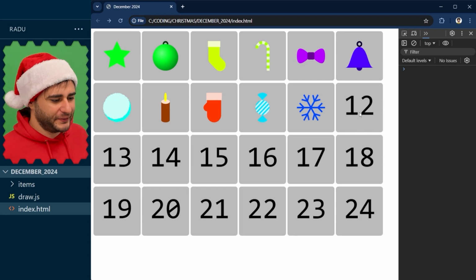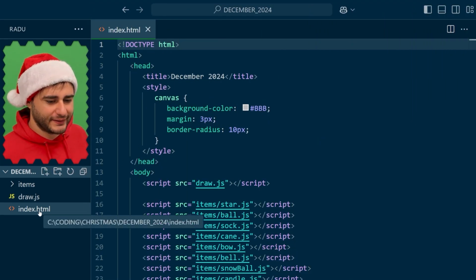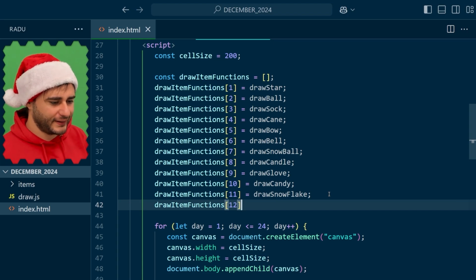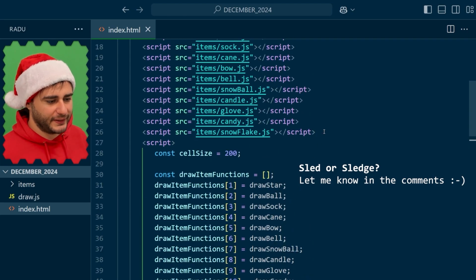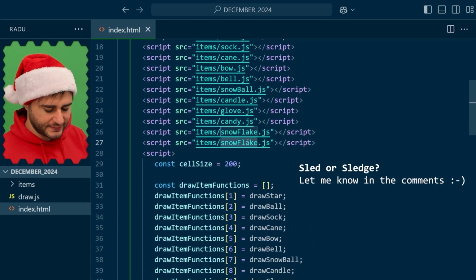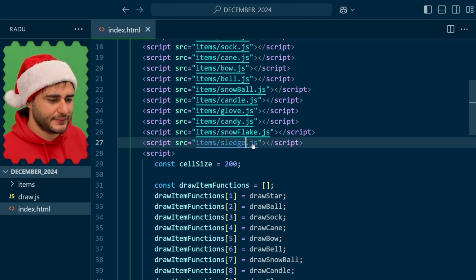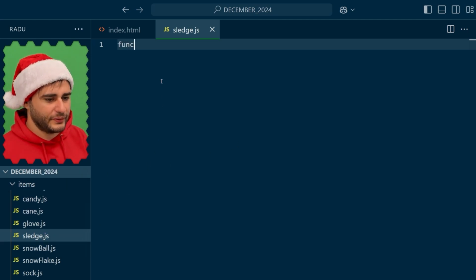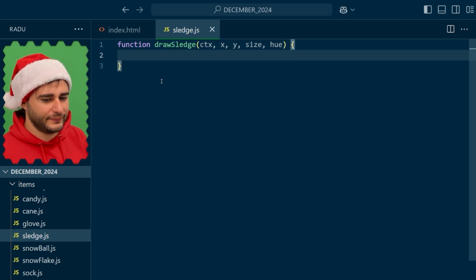To draw the sled here at number 12, we can go to index.html and add another function here to our array of drawing functions. At the 12th index, draw sledge. And this is going to be implemented in its own file. Let's call this sledge.js. And control clicking this is gonna create a new file inside of the items folder. And our draw sledge function, given the context, x, y, size, and the hue for controlling the color,